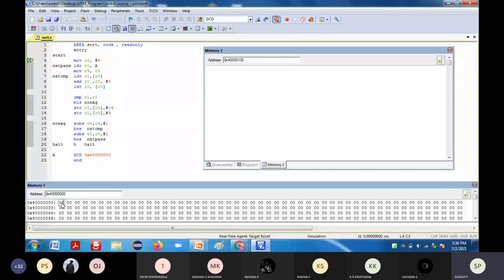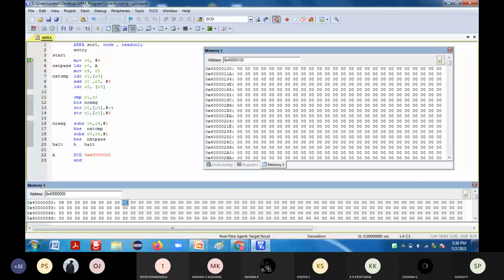The element 6 I will give after 4 locations, and I will give 2. After 4 locations you have to fill the data here. Once you fill the data, you start executing.